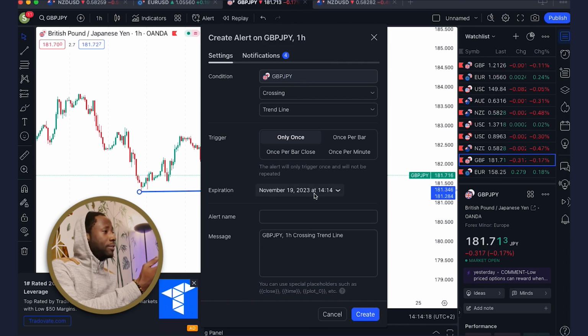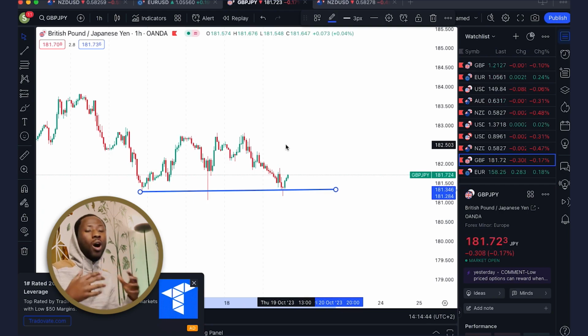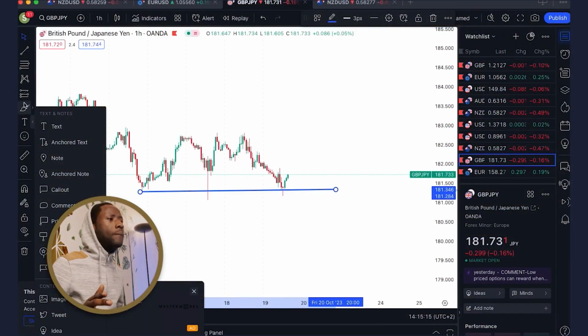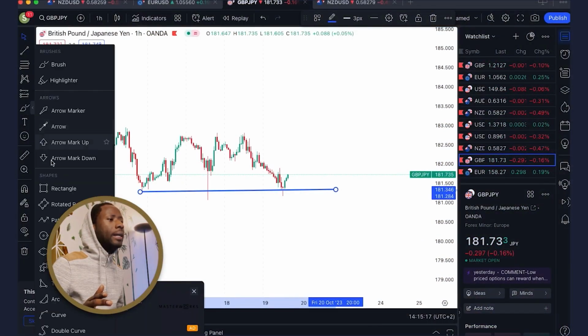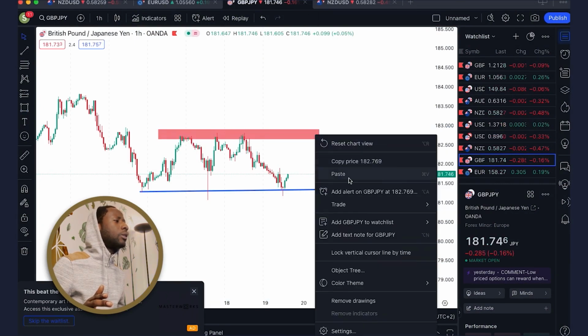You see, it gives you the chance to send the notification, all right? All the various options, if you have an app and through your mails. So they have a lot of options to alert you, all right? So even if you are going to sleep, you can set your alerts and you'll be notified. But there are limitations to it if you are going with the basic plan, all right? Now, if we look at the same thing for the zones, all right? If I want to put an alert, okay, you see, now you can add an alert to it, all right?